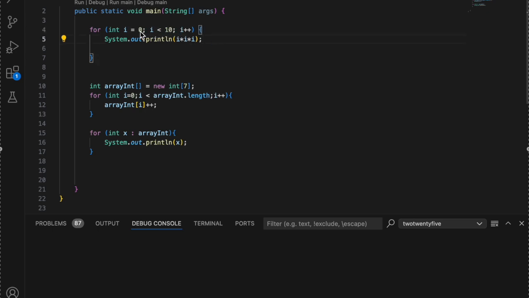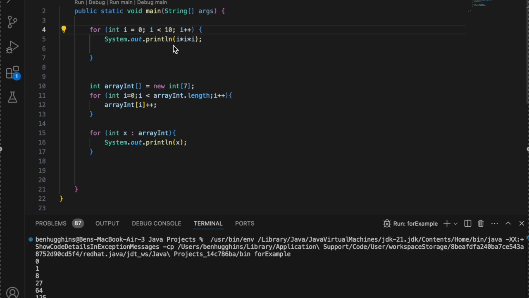And so you can set these to whatever parameters you want. If you want to start at 1, or if you want to do everything less than 100, you can do whatever you want. It's just a standard use for for loops. So, for example, if I go ahead and run this program